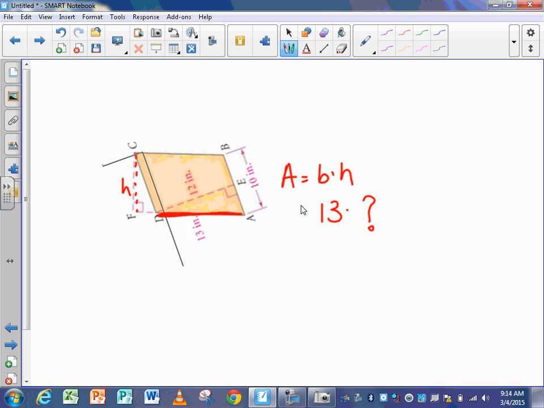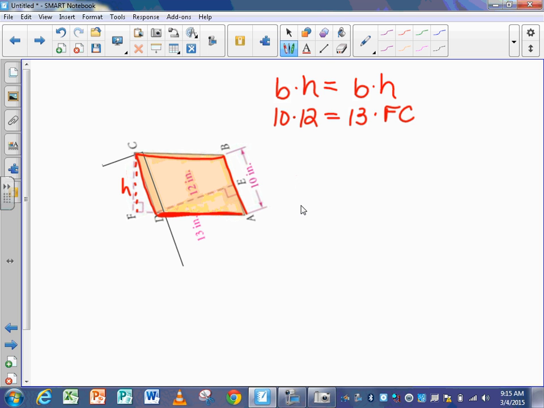Well, if you really think about it, isn't the area of a parallelogram just the same no matter how you turn it? So what I could do is say B times H for one turn equals B times H for another turn. So 10 times 12, when it's sitting on the 10, should be equal to 13 times FC for when it's turned and sitting on the 13 as the bottom. The area should be the same no matter which base and height I use. So 120 equals 13 times FC. So if I do 120 divided by 13,